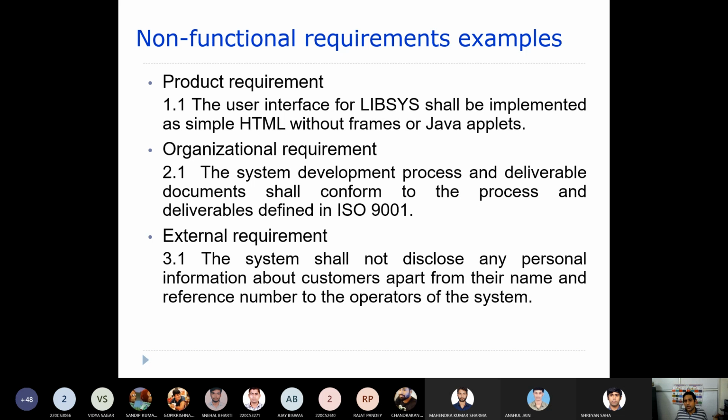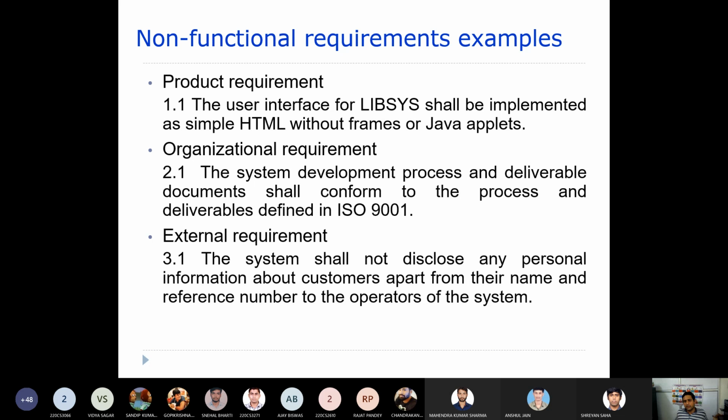Now what should be the organizational requirement in that case? The deliverables, or the documents created by this particular development, should be defined using some sort of standard.